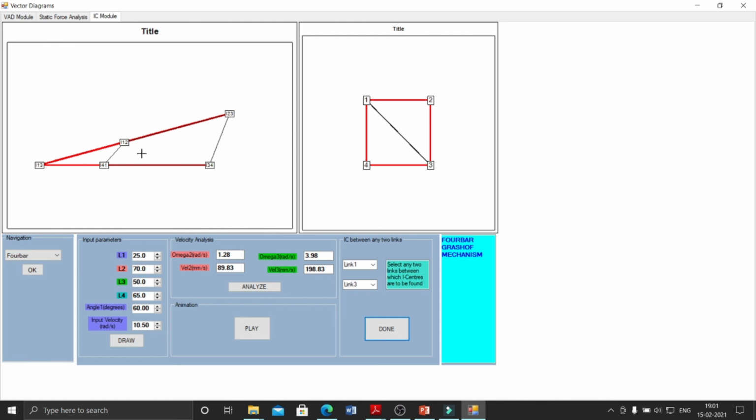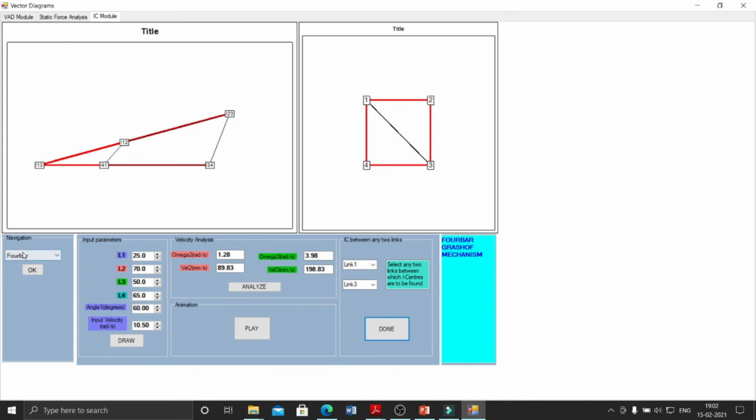I want to find out the velocity at that instance, which is 89.83 mm per second, and for link 3, the velocity at this instance is 198.83 mm per second. In this way you can use this IC module.